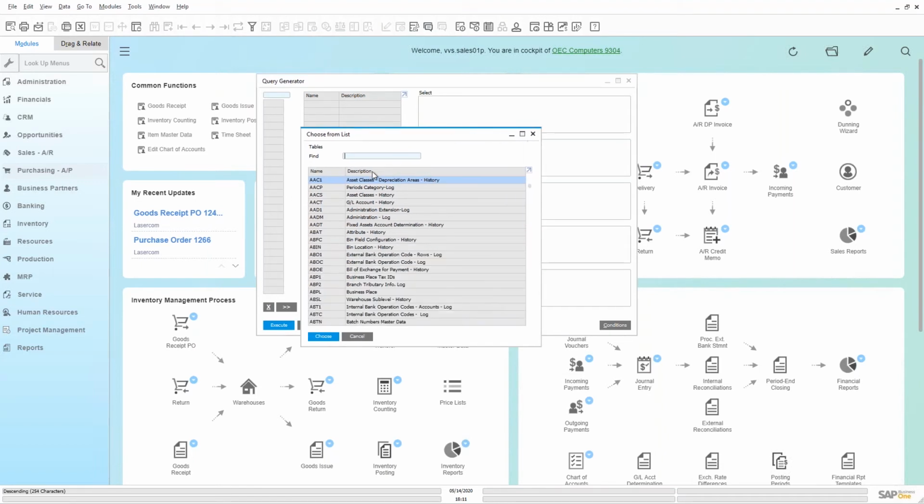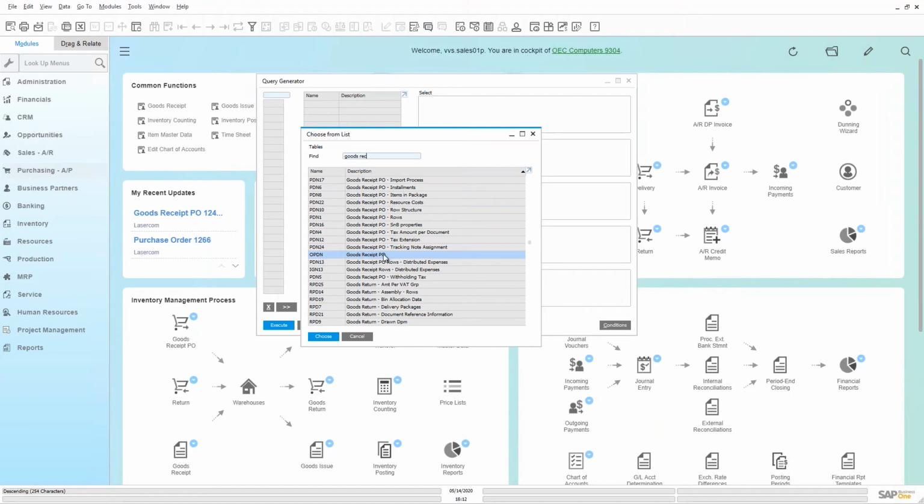You can get it from the source document. You could also search by the description. So if I'm searching for goods receipts, but if you do start searching for the description, you will see that there's a lot of tables with similar names because they're doing various variations on those functions. So this does take a little bit of knowledge to know, but I happen to know that OPDN is goods